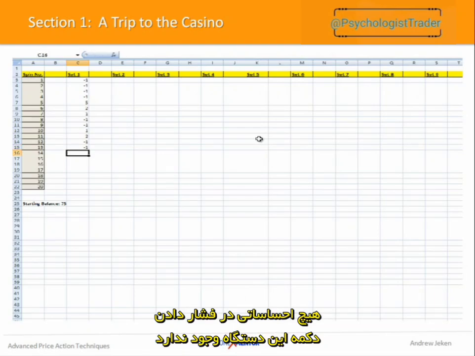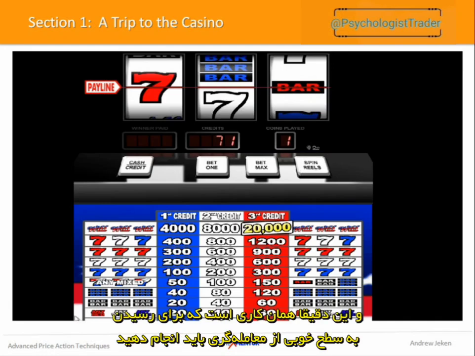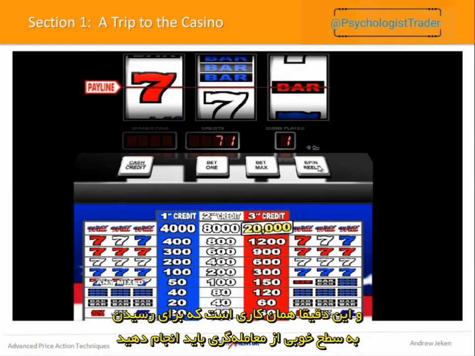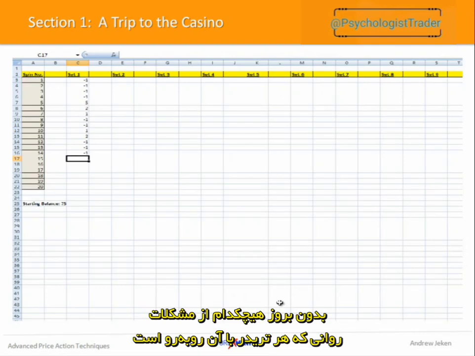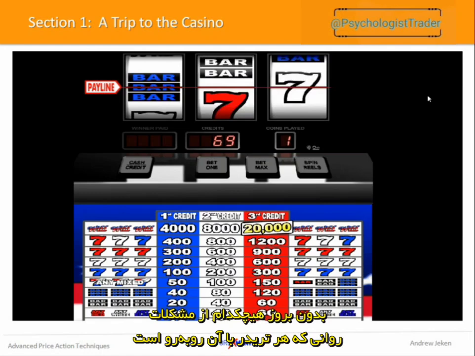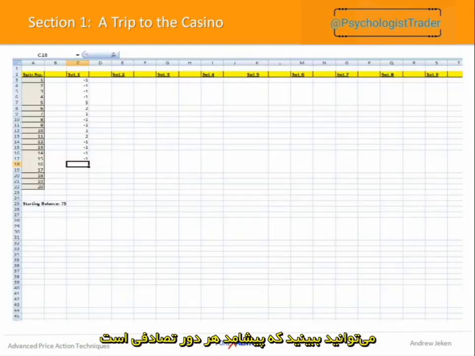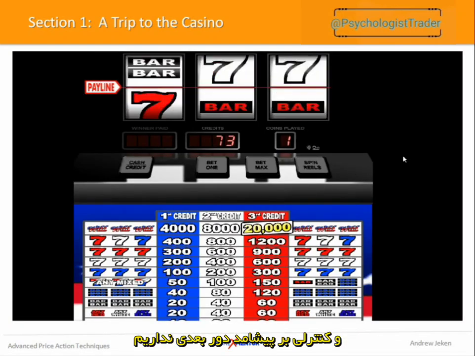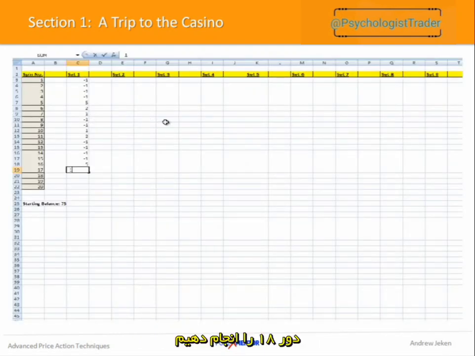There are no emotions attached to clicking the spin button here, and this is exactly how you need to be in terms of getting your trading to a good enough level where you can start profiting from it without the psychological issues that seem to haunt every trader. So we've just won $5. You see how each spin is random. We have absolutely no control of what's going to happen next. Alright, now moving to 18.